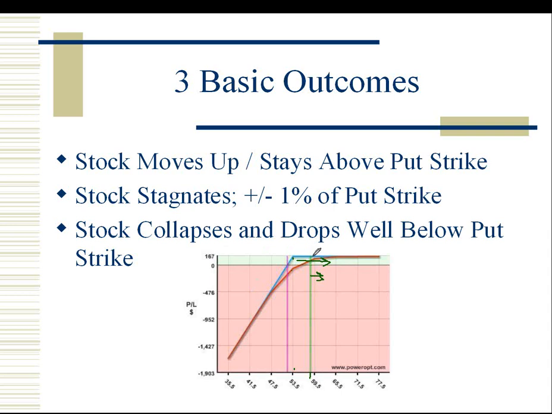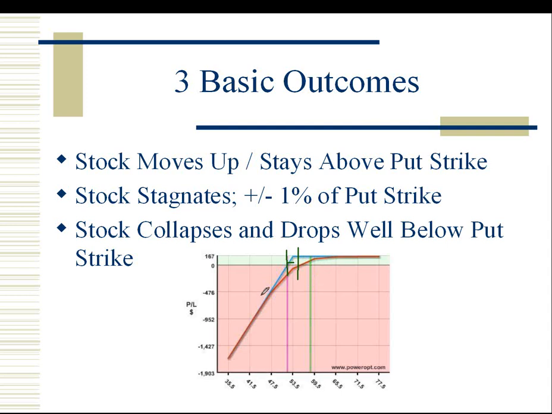Number one, the stock moves up, stays the same, or stays above our put strike price. Well, that's where we want to be, of course. Now, number two, the stock might drop slightly, or it might stagnate, and it might be in a range of, let's say, 1 or 0.5% or so of our put strike price, somewhere in this range. Now, that may require management. That may require no management, depending on your outlook and what kind of trader you are as far as being